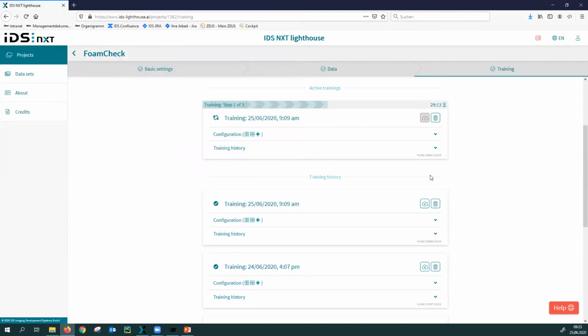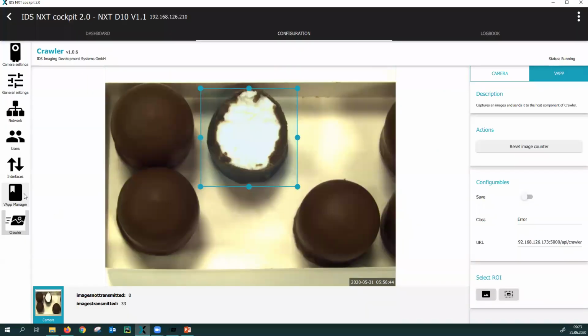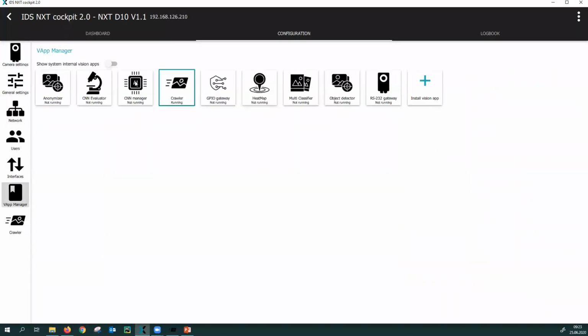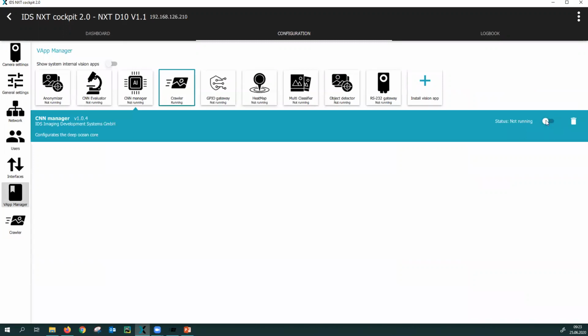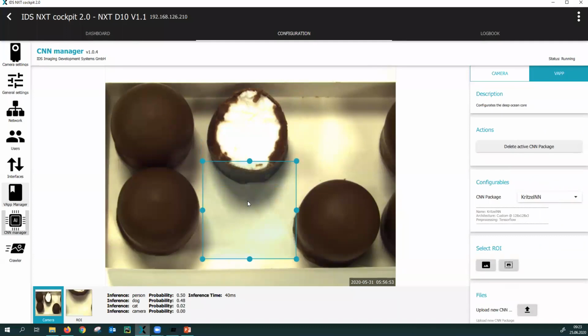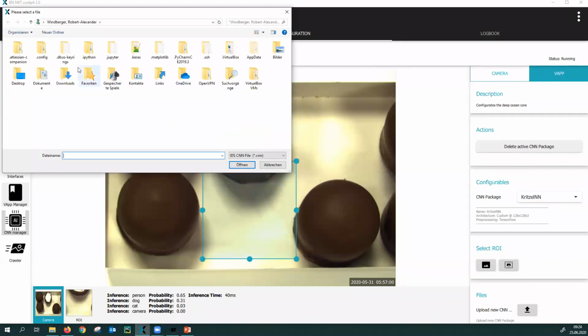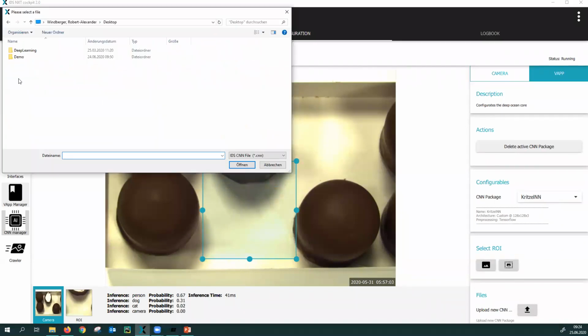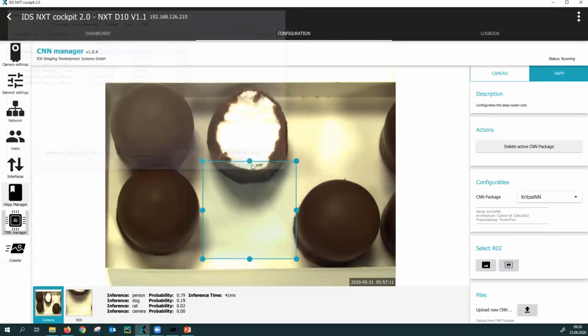And now we can go back to the camera, to the cockpit, and activate the According Vision app, the CNN Manager that is capable of loading several neural networks. So we can upload the models we just trained. So that's the ones from today.